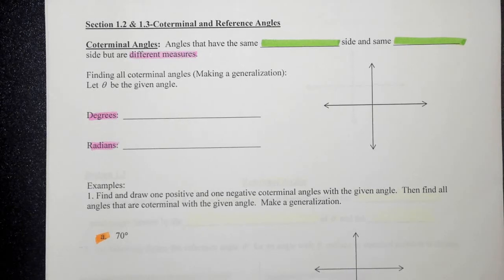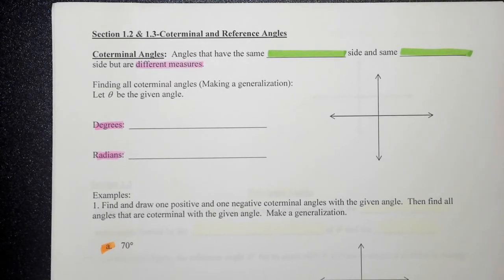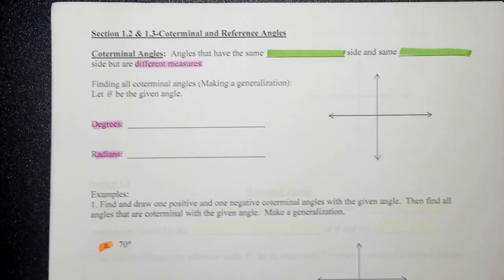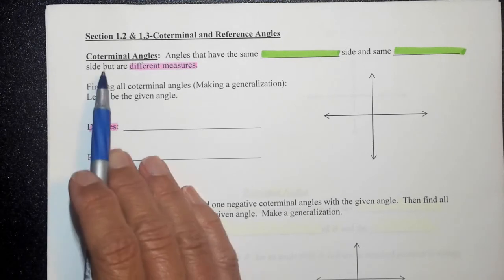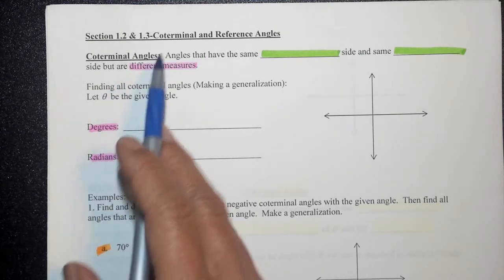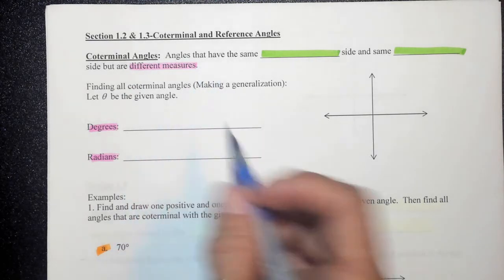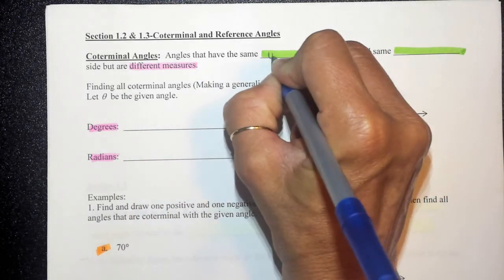Okay, in this video today we're going to talk about 1.2 and 1.3 coterminal and reference angles so that we can have a foundation for the lesson. And first thing I want to do is go over the definition. So the coterminal angle, by definition, would be angles that have the same initial and terminal side